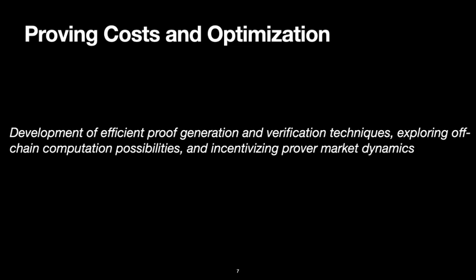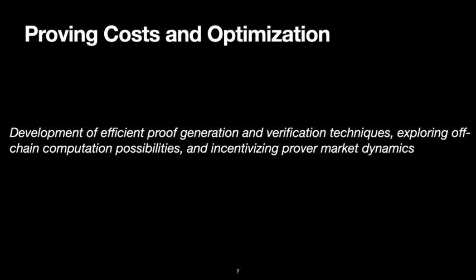So now the name of the game becomes what different optimization routes or strategies could be used to reduce the ultimate cost of running the L2, whether it's from the sequencer's perspective, whether it's from the prover's perspective, and so on and so forth. And this is where, of course, we have validity proofs